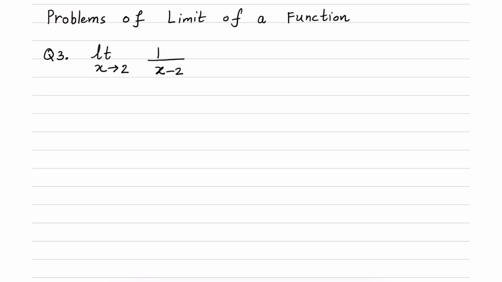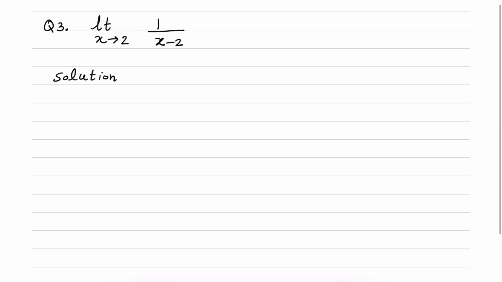In the last video, we saw a couple of the questions where we found the limit of the functions. In this problem, we have to find the limit of a function 1 over x minus 2 when x is approaching 2. Let's begin the solution. Every question of limit starts with plugging the value of x,